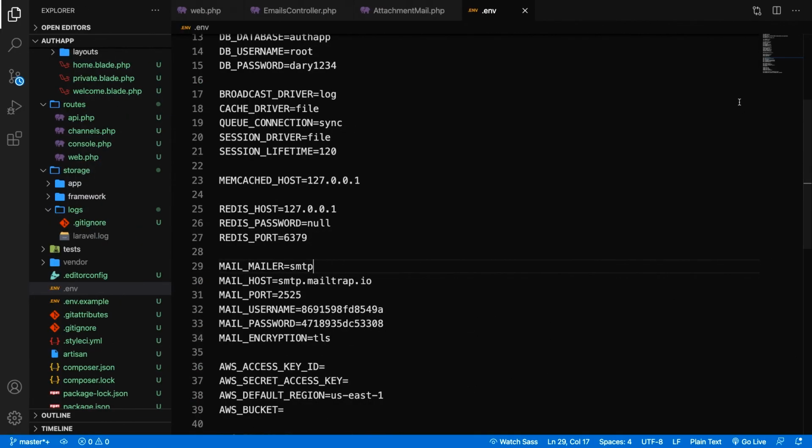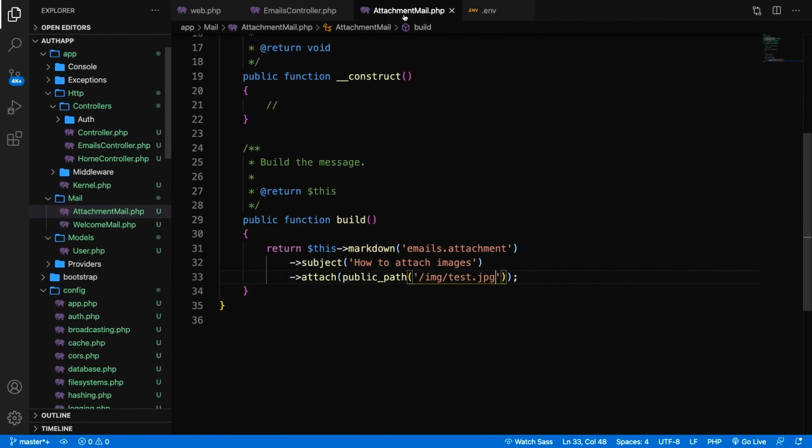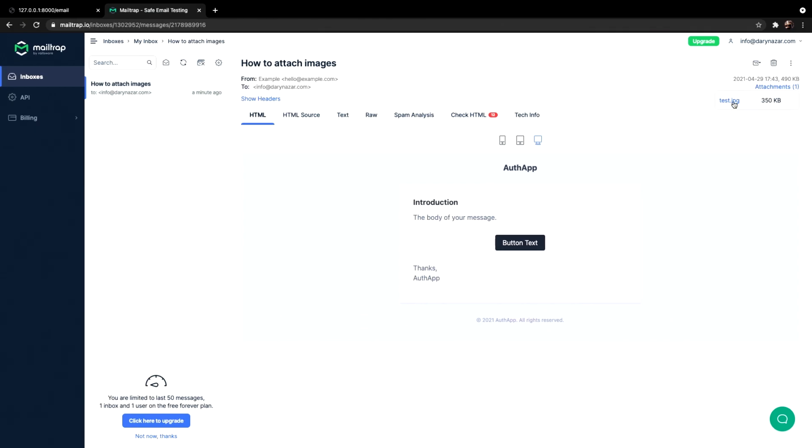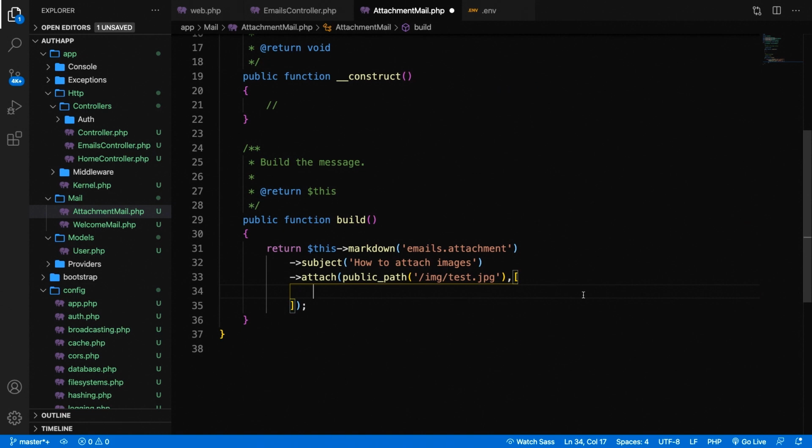So let's do that. Let's go to Visual Studio Code, to the AttachmentMail, and right after the public path, let's add a comma, let's add brackets, and let's hit enter. In here, you can define things like your MIME type or change the name of your image, because you don't want to send an image or a PDF with the name test. So what we could do is to say as, let's say, test-attachment.jpg. Let's add a comma and let's define the mime, which is equal to